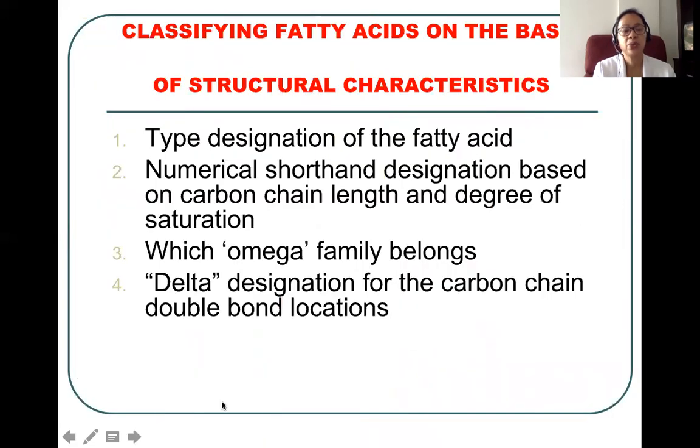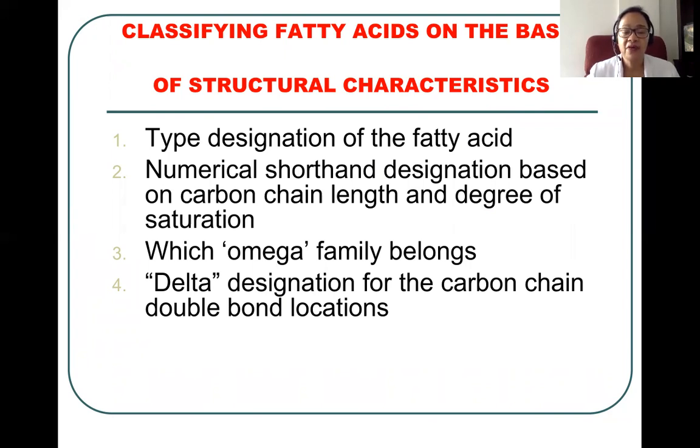Okay, so we will now classify. So this is just a short activity. I will just teach you how to classify your fatty acids on the basis of their structural characteristics. The first thing that you will do is you need to designate your fatty acid, whether your fatty acid is a short chain fatty acid, or a long chain polyunsaturated fatty acid. So that's it. And then afterwards,